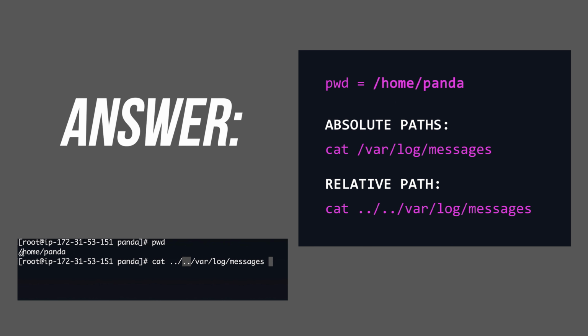Two dots are going to take me back to root directory, and inside root directory I have var folder, and inside var I have log, and inside it I have messages file. So basically 2 dots repetitions are going to take me back to the root directory, and inside root I'm gonna go to var log messages.